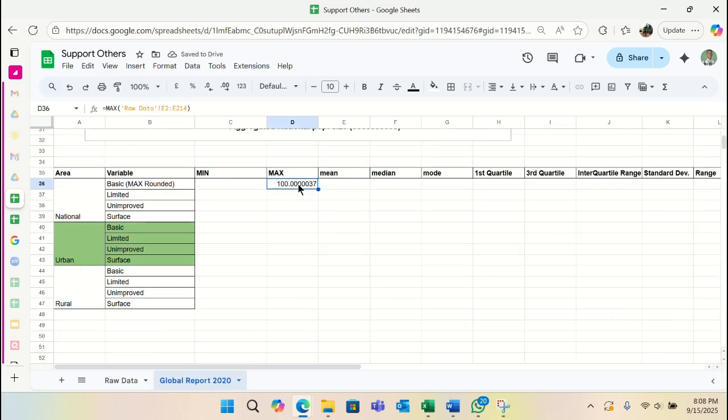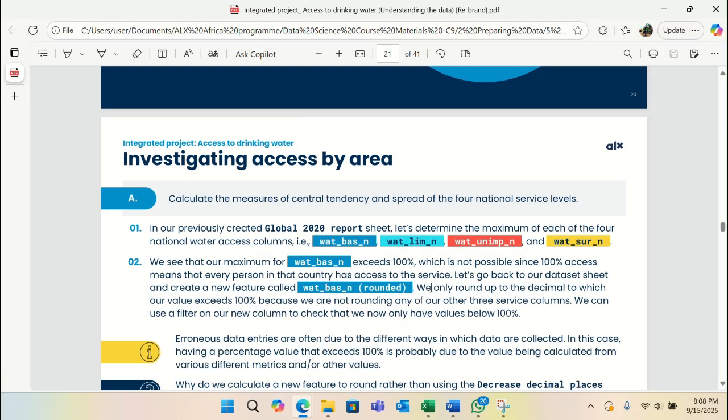Yes, but you see that this figure is more than 100%. So that was why ALX gave us another instruction to round it up. So we create another figure and round it up to the nearest whole number. We only round up the one column whose value exceeds this, because we are not rounding any of our other 3 service columns. It's only this one we are rounding because it's exceeding